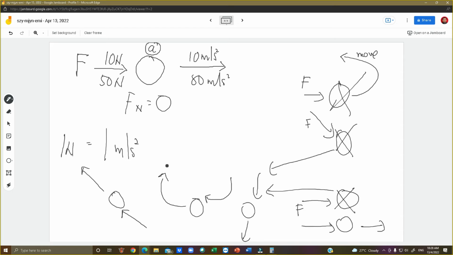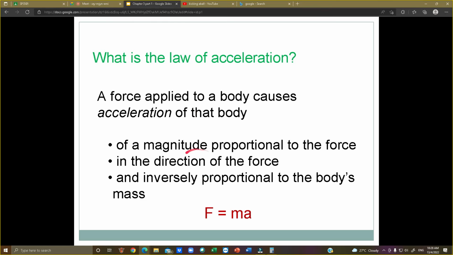Tolak kereta kan, kereta rosak, tolak. Tolak ke depan, tiba-tiba kereta bergerak ke tepi. Dia pusing steering lah, but still ke depan. Still ke depan, dia tak ada kita tolak kan. Kita lagi kuat kita tolak, lagi kuat kita tu reverse ke belakang. Tak ada. That is totally wrong. Because this is the law. Okay, they follow in the direction of the force.